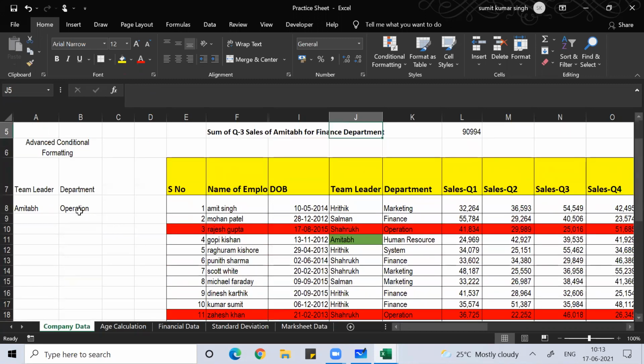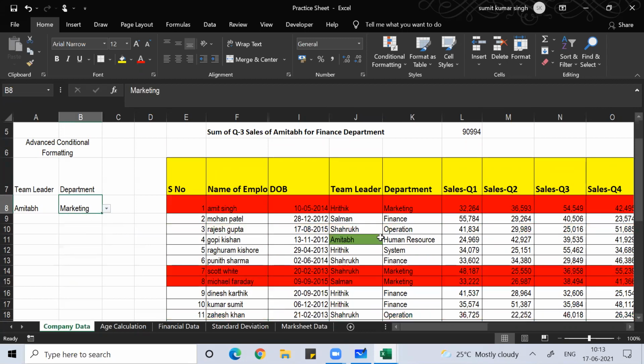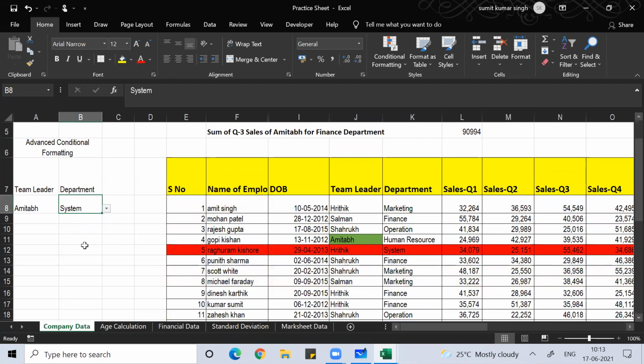So how to do that? Here, if I change the department, whichever department I put, it comes with red color. I hope you remember how we did that. Anyone, any idea how we have done this? Very simple.